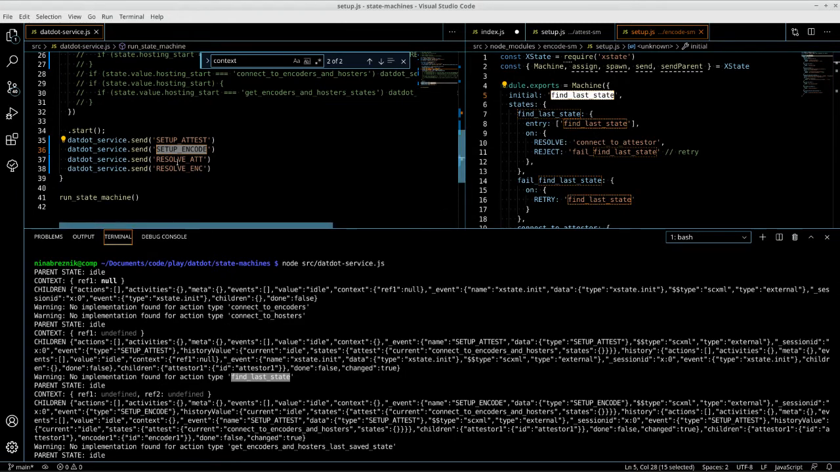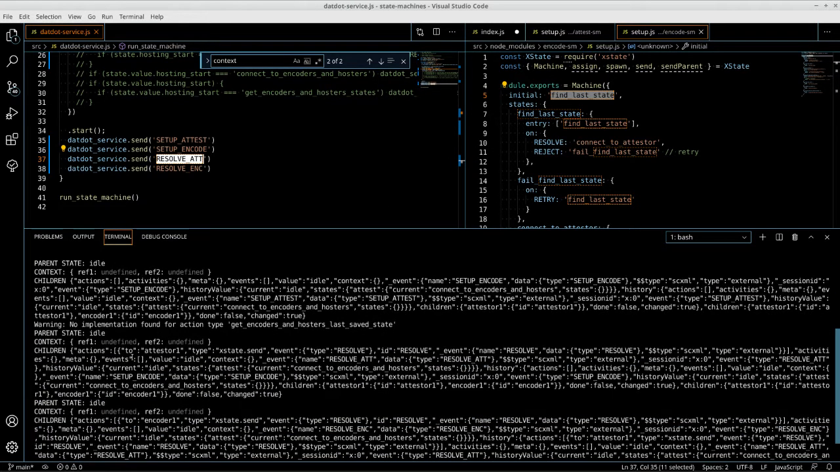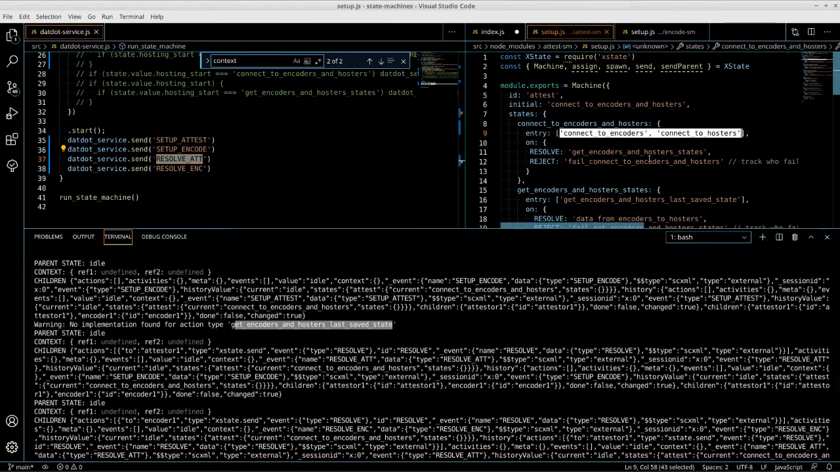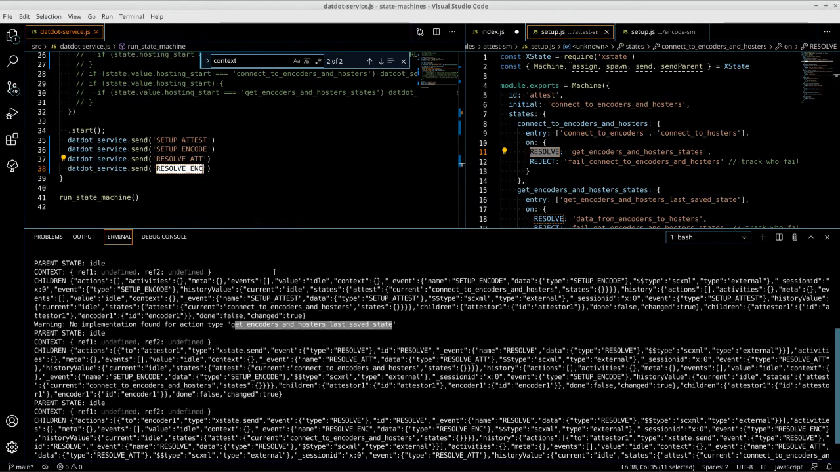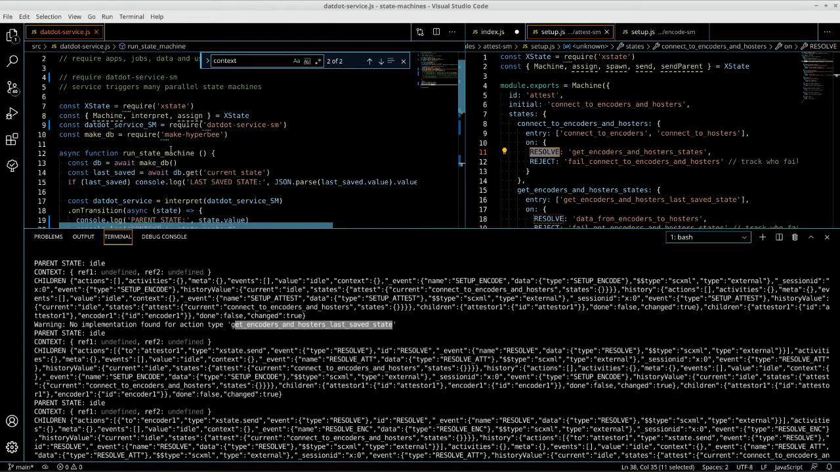And then I send the resolve to the attester, and that one logs can't find any implementation for get encoders and hosters last saved state. And this is the next state, so it's also transitioning to the next state. It receives this resolve, it's listening to resolve, and it goes to the next state. And the same for the encoder. It's all messy, and probably only I can kind of understand what is happening. But the most important thing is that it looks like I finally figured out how the